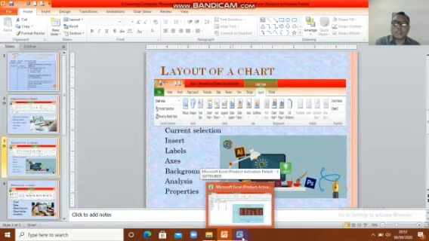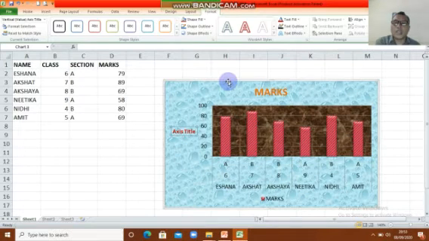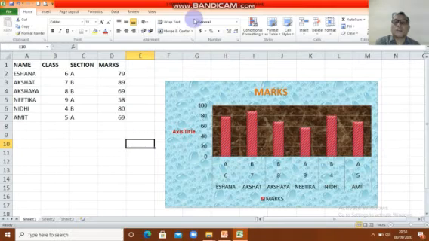You can see here, when this is active, kid, I remind you again, or repeat one more time: you can see Format, Layout, and Design when this chart is active. If it is not active, look, you cannot see them again. So you must make the chart active.